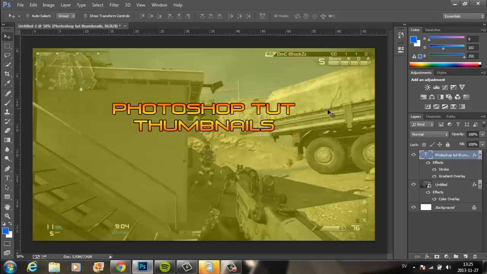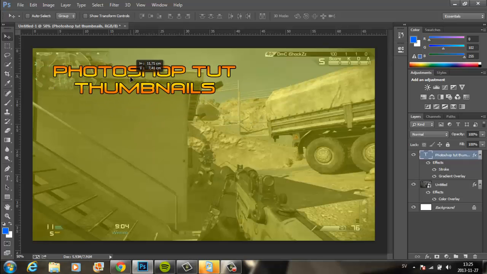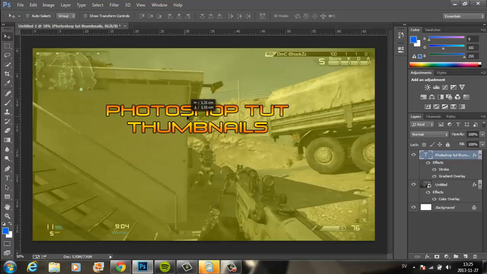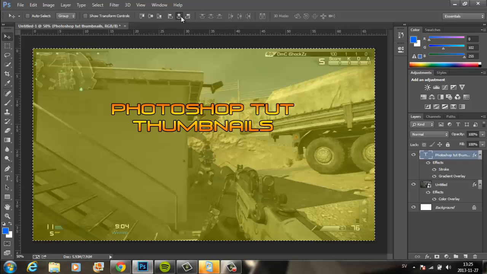So you can add whatever text you want, and you can move it around if you want it up here. You can add more text or whatever. I actually like the way it looks already, but if you want to add some details,